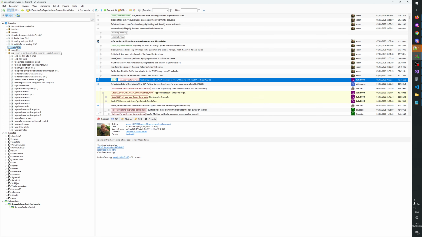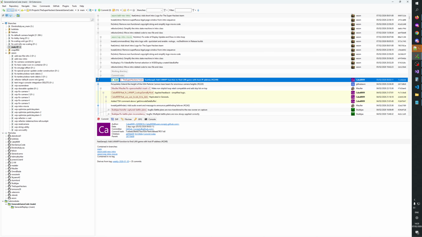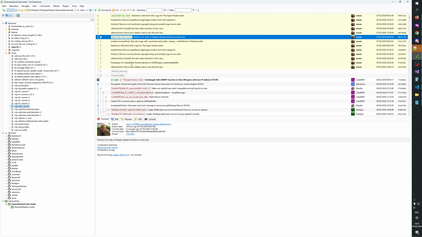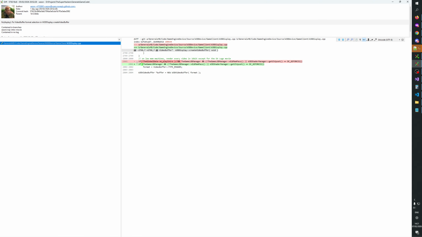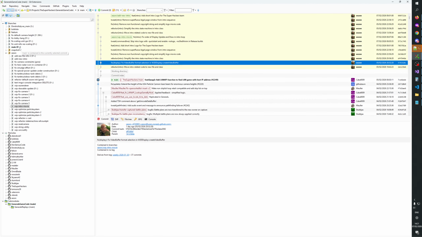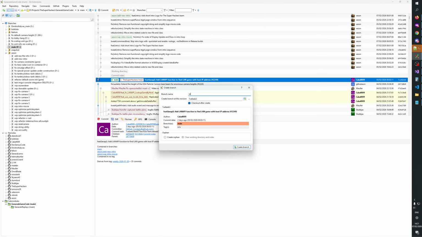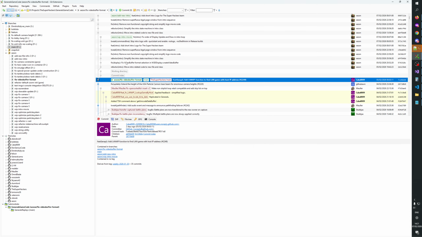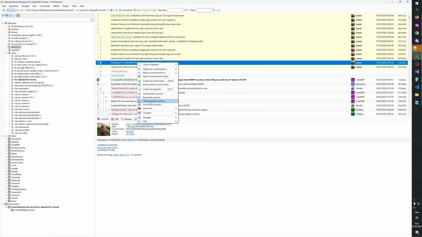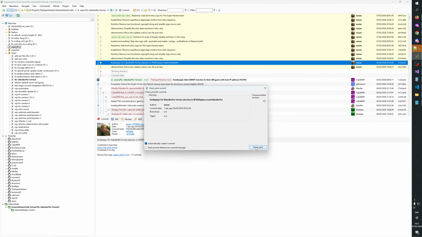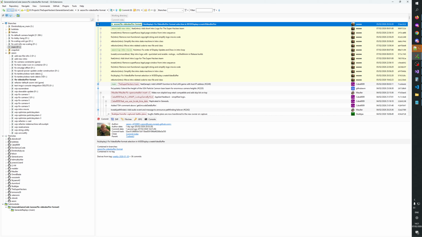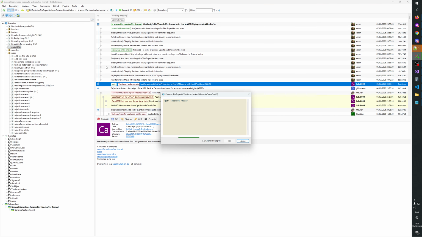Then let's go back to main branch and we open another. This one. Yeah. Create branch. Fix video buffer formats. Cherry pick, automatically create a commit. Okay. We have that, and then next one is